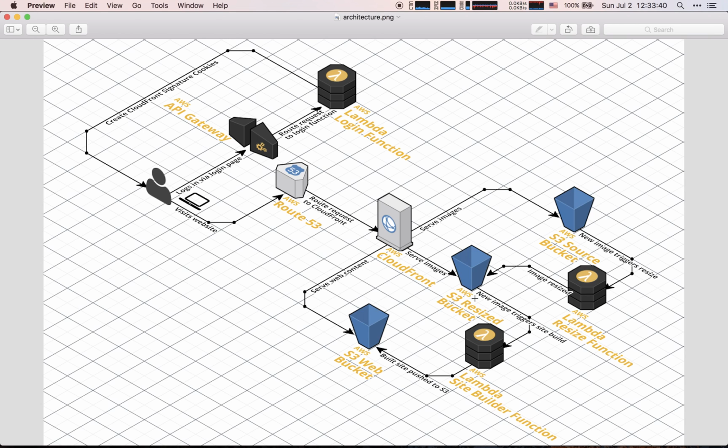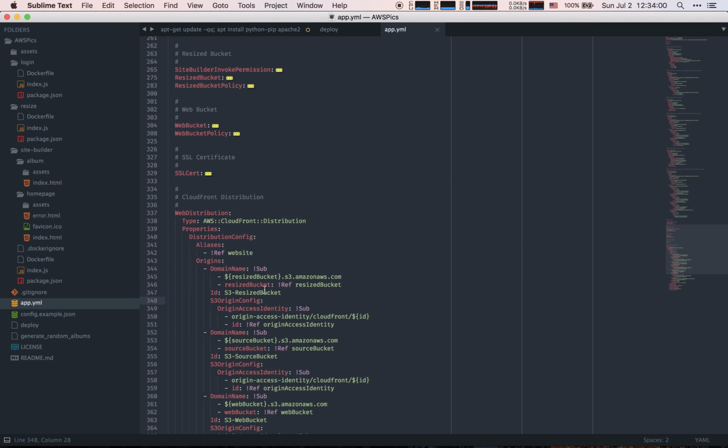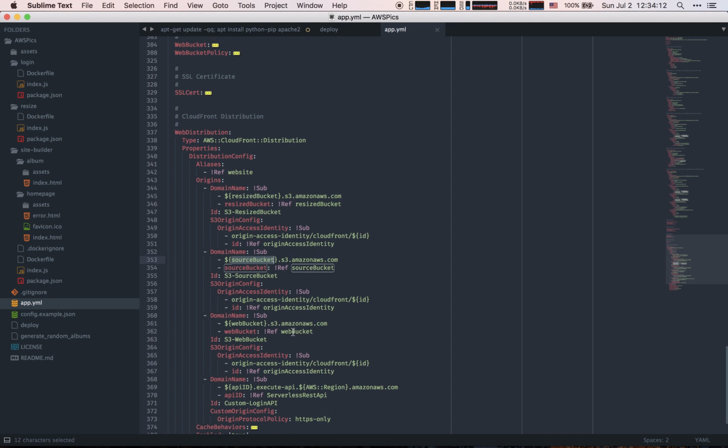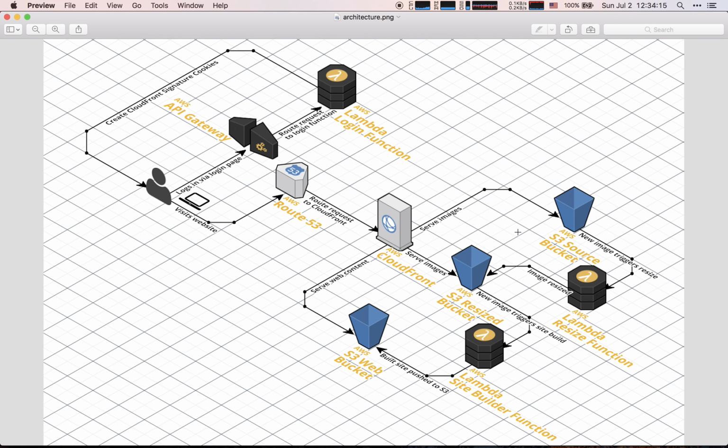And we have small thumbnails and large but not original size images when you're viewing things full screen. There are really two resized assets for each original image that we're storing in this. And then we also want the CloudFront instance to be able to serve the web bucket. So here we have these origins where we're allowing access to the resize bucket via this origin. We're allowing access to the source bucket, and we're allowing access to the web bucket. So that's accessing this component here, but we still need to hit the Lambda function and